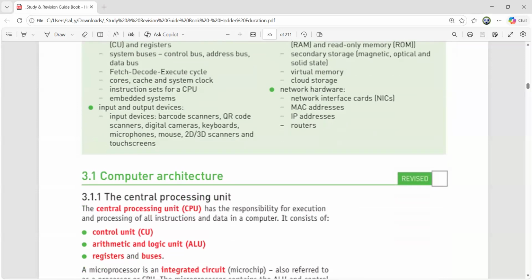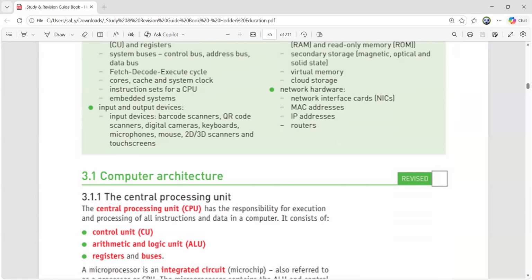In this, we need to know what is CPU. So let's link it with real life. We humans also have a CPU, and our CPU is our brain. So whenever you are studying the term CPU or any component of CPU, just link it with the real human body's CPU, the brain.